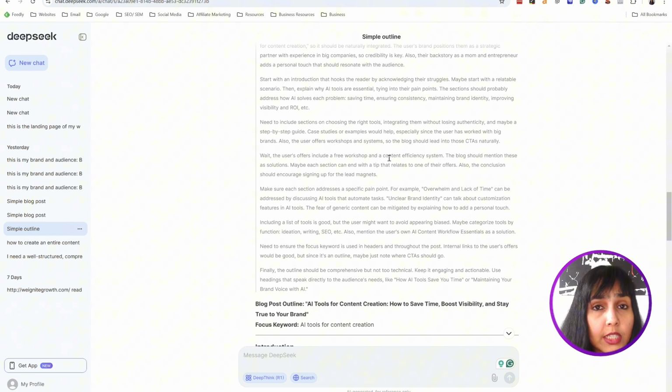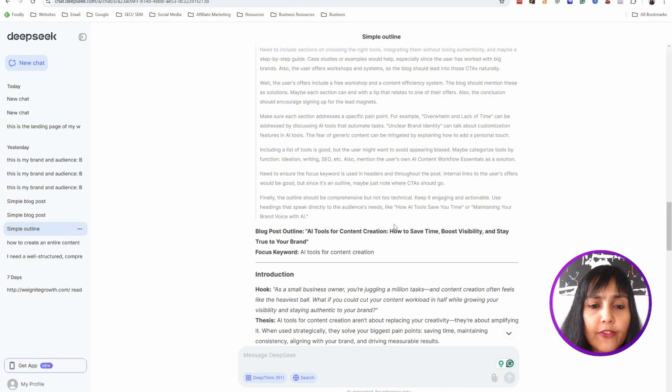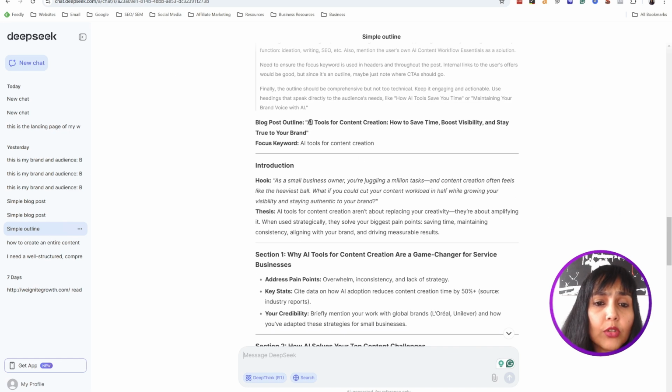Then it looks at the CTA because I also gave the CTA in the end. And which one should I focus on? And then it gives you the outline. So it directly says outline and focus keyword AI tools for content creation, right? And then what it develops is the outline. Well, it's the headline. It says is AI tools for content creation, how to save time, boost visibility, and stay